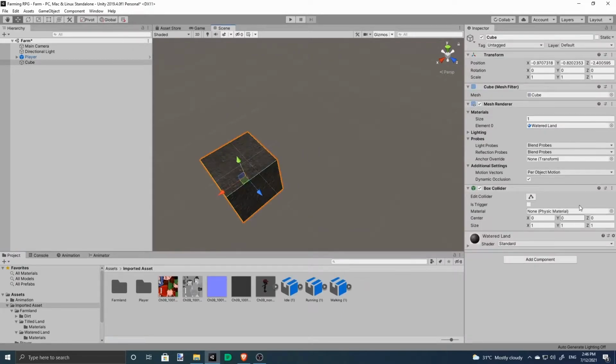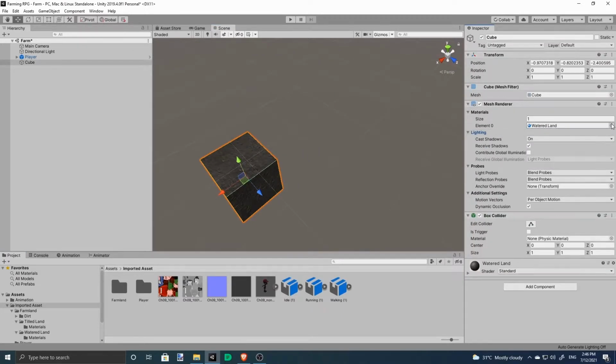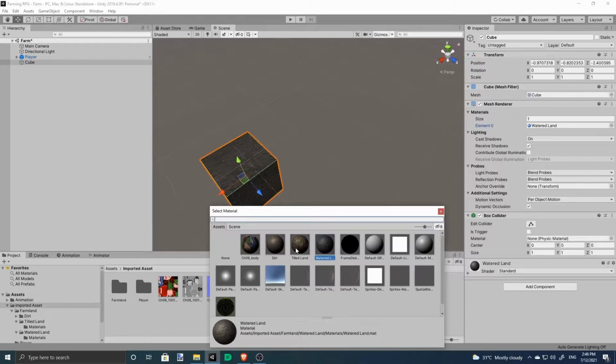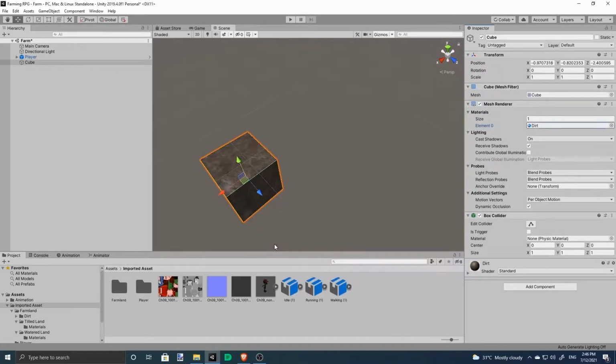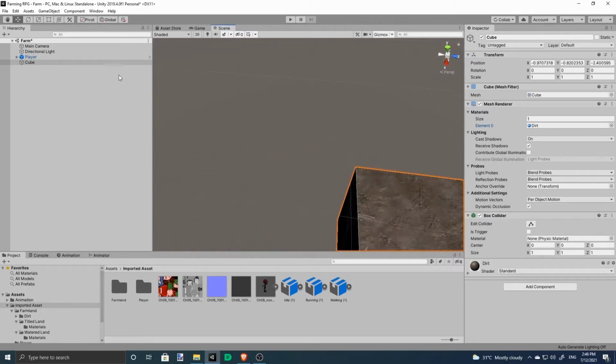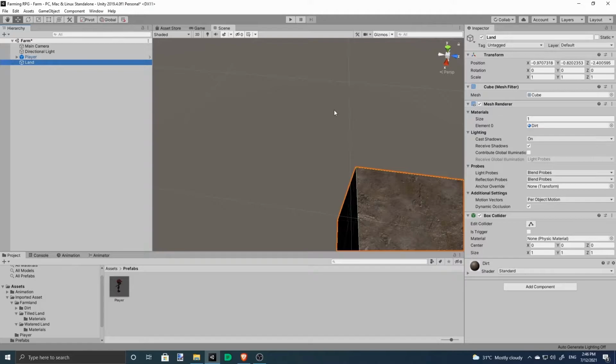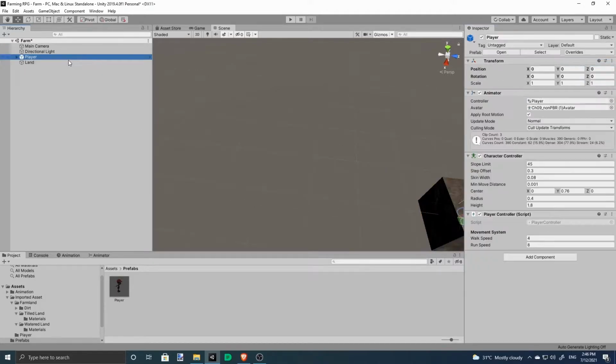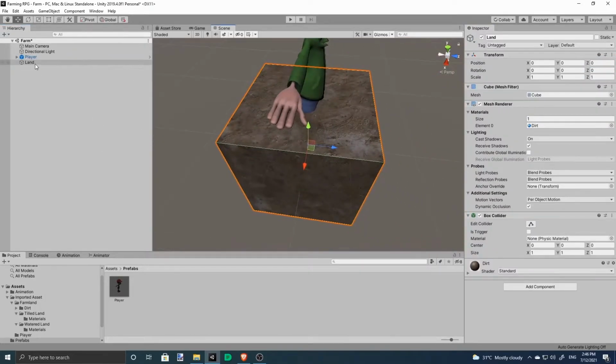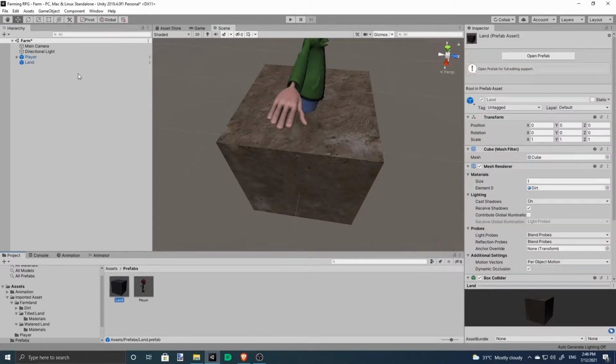And now we have all 3 materials ready. So we have the dirt, tilled, and watered. So let's create a new prefab. Let's reset its transform. Drag it to the prefabs folder.